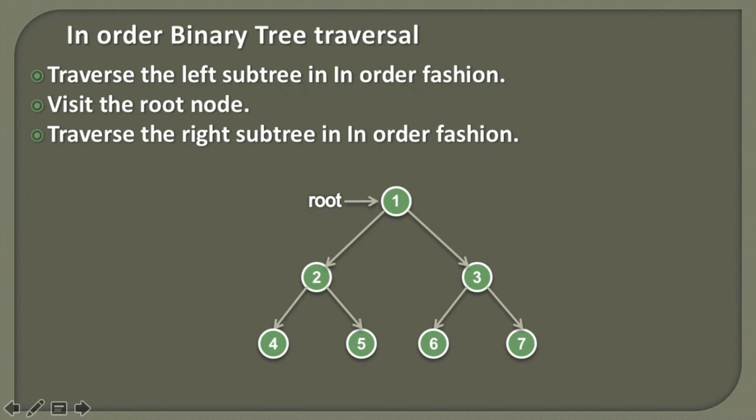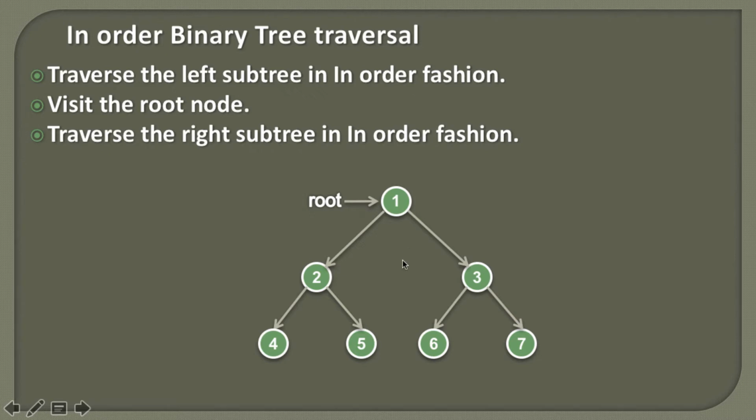So friends, what is in-order binary tree traversal? Here you can see that in-order binary tree traversal has basically 3 steps, and we apply these 3 steps to each and every node of the binary tree. The basic steps are: we first visit the left subtree for a particular node, then we visit the node, and after visiting that node we go to its right subtree. And these 3 steps we apply on each and every node of the binary tree.